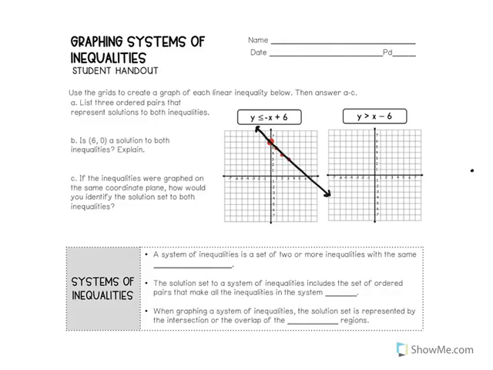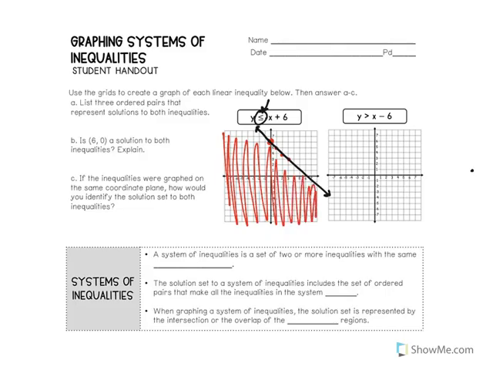Now that we've graphed it, we can also see that I went ahead and did a solid line, and it was solid because it was less than or equal to. And then you would go ahead and shade. Less than or equal to are numbers that are less than or equal to, which is why we have that one line. Now, I'm going to also go ahead and graph the other one,